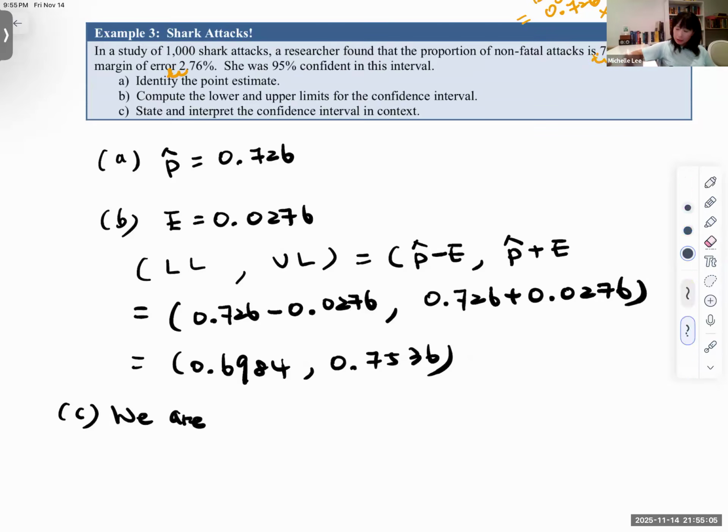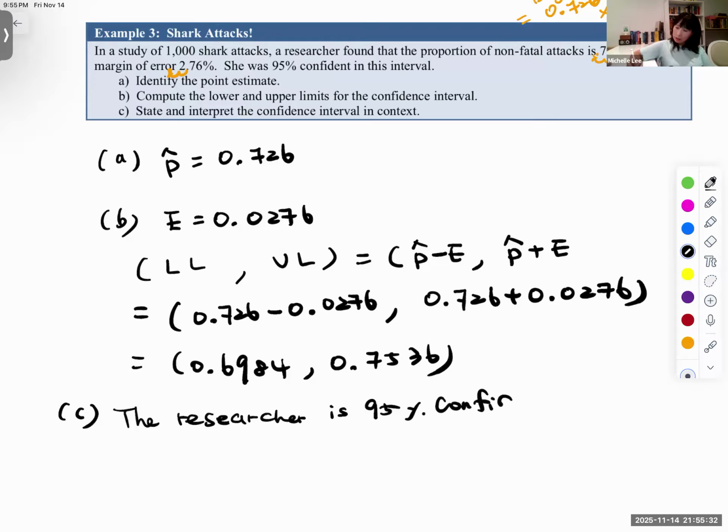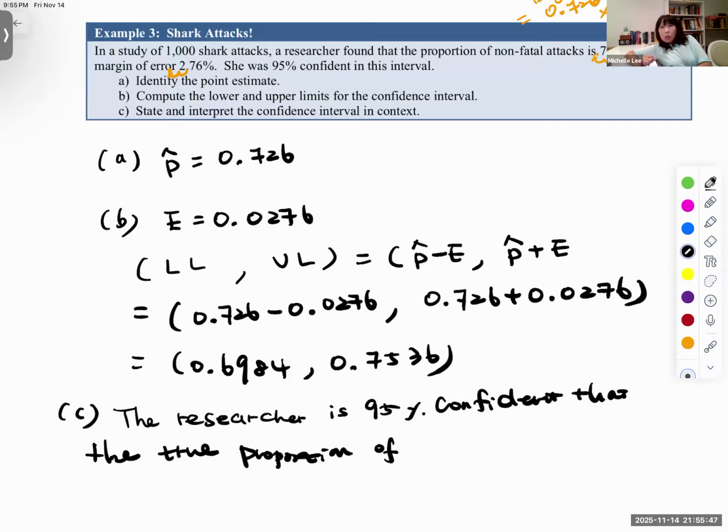Not we are, because she, so the researcher is 95% confident that the true proportion of shark attacks, let me write everything down here, the proportion of non-fatal attacks is between